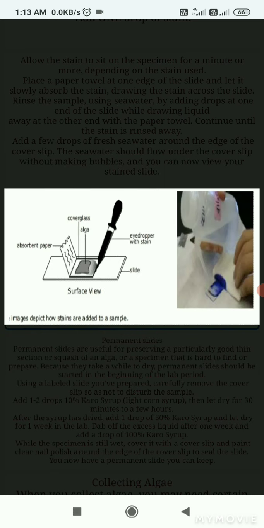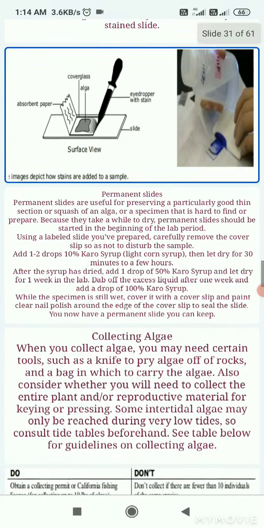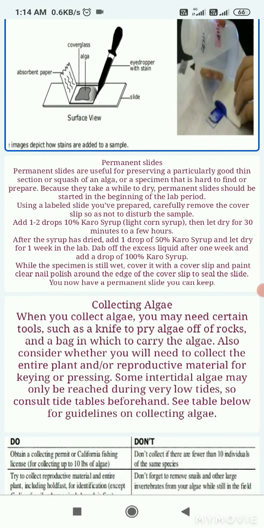So in this way we can complete our next technique, that is staining. After staining, there is another step, that is making the slide permanent. It means whatever specimen is present inside the slide is permanently caught inside the slide and cover slip, and we have to seal all the slides. And when we seal all the slides with the help of DPX, that is nothing but a permanent slide.